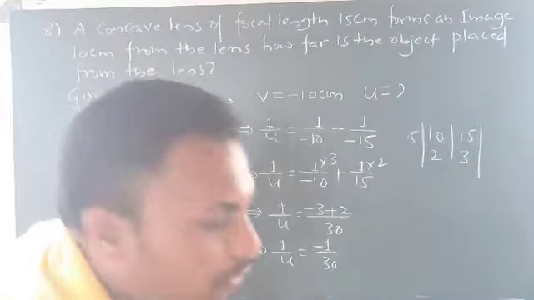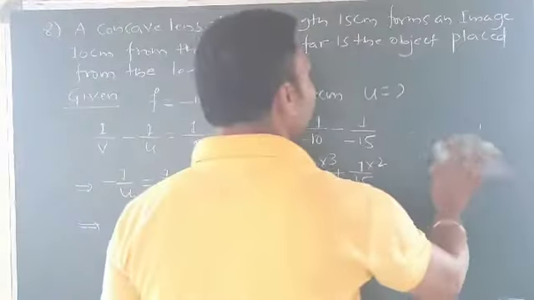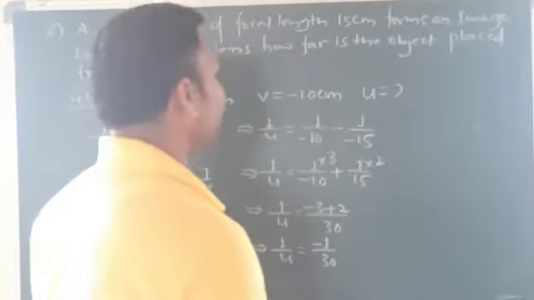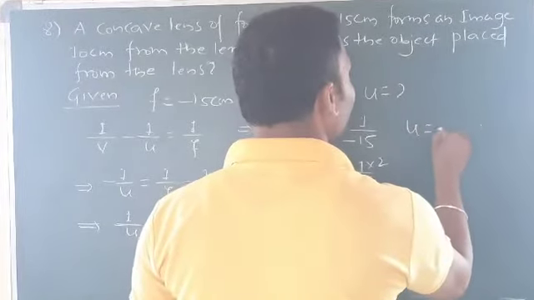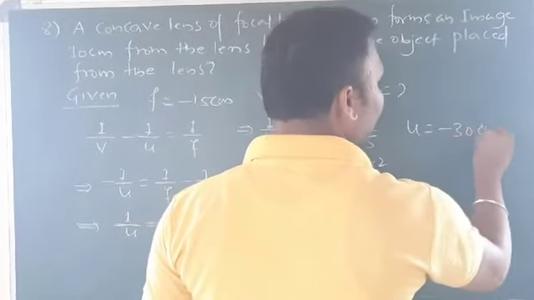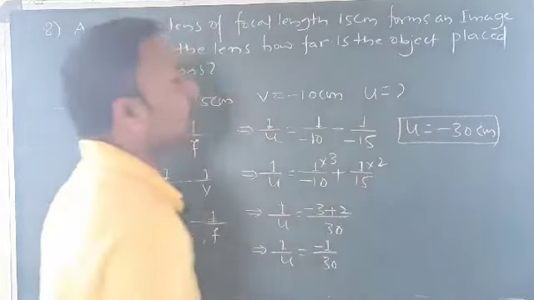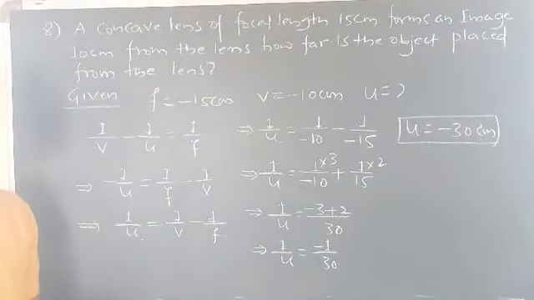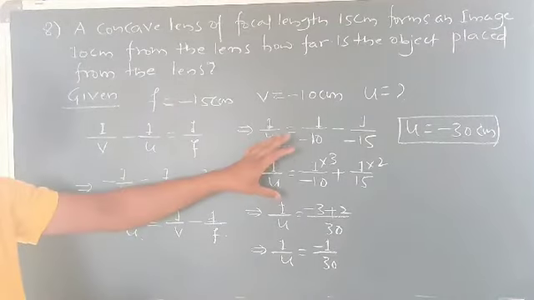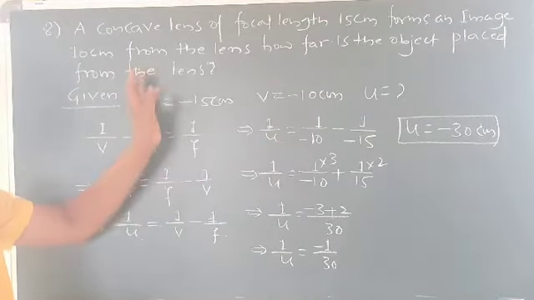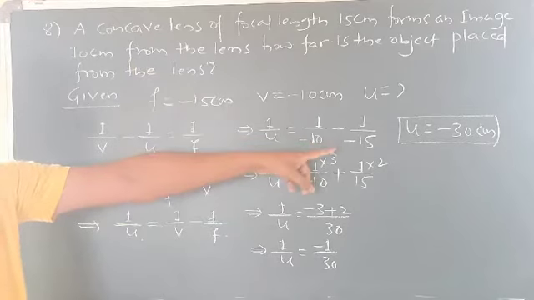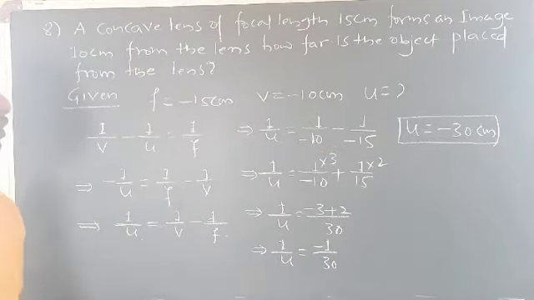So now we have 1 by u is equal to minus 1 by 30. Once you have minus 1 by 30, what is u? The object distance u is equal to minus 30 centimeter. So the object will be placed 30 centimeter from the lens. This is the answer. I hope you understood very well. So next we have